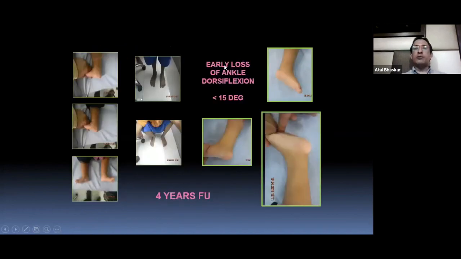So this is what I talk about: early loss of dorsiflexion, where they can't squat. This is very important. If the child is able to squat like this, you know that the TA is supple, the ankle joint is supple. And this is the early relapses. So squatting is a very, very important sign. And again, in the exam, you can comment about squatting when you look at the function of a child, whether he's able to squat or not.